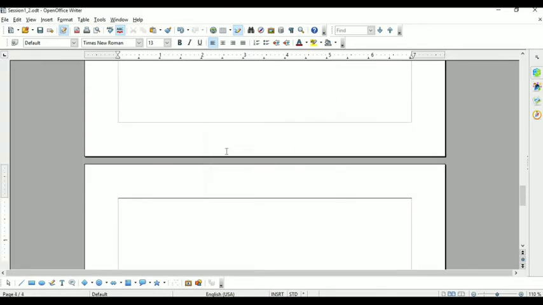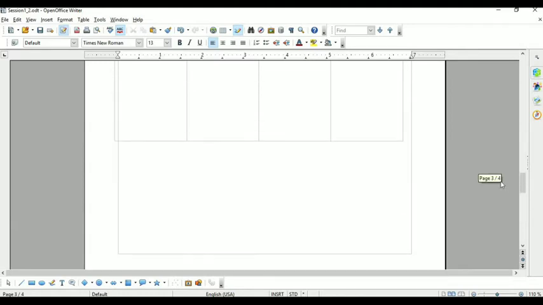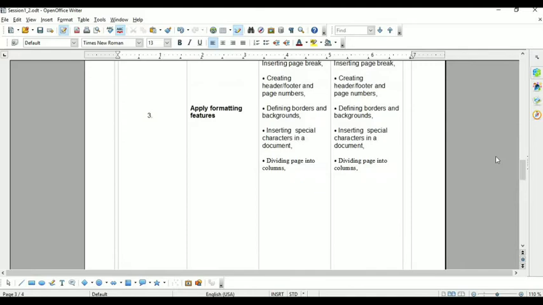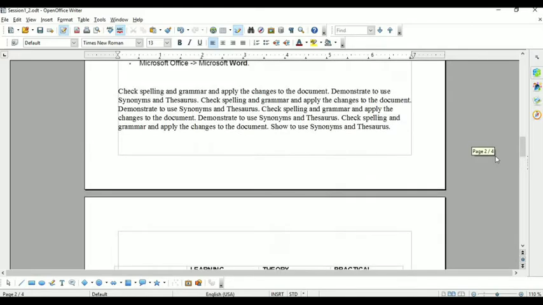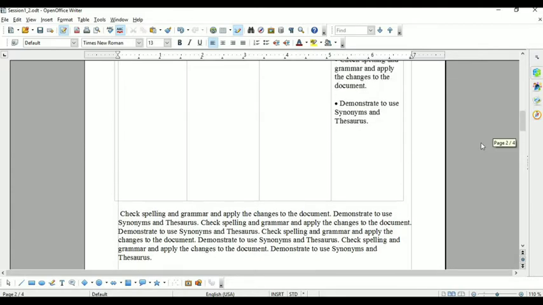Once you click on the OK button, you will get one more page. Now the total number of pages, see here at the bottom left corner, total number of pages are 4, and now our cursor is at page number 4. You can also see here 3/4, means now we are on page number 3, out of a total of 4 pages. This time I am moving to page number 2, but we still have a total of 4 pages.